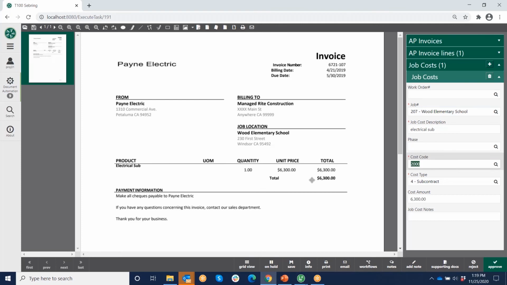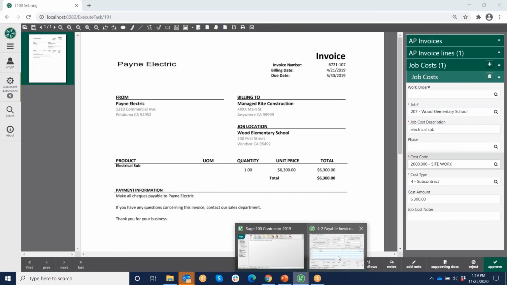Once the invoice is approved, if I'm the last approver in the workflow, then the system's going to go ahead and send that invoice over to Sage. If there's other approvers in the workflow chain, it's just going to send it to the next user in that particular workflow. When the invoice gets sent to Sage,